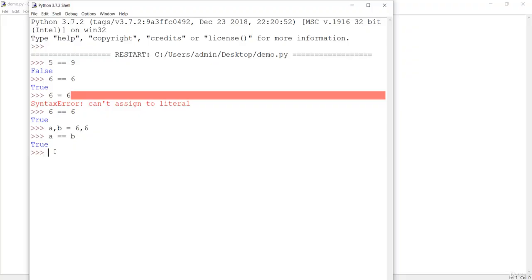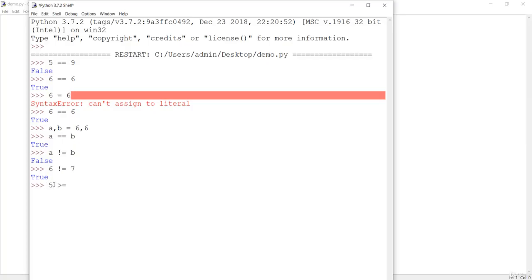So the next one is not equal. If I say A is not equal to B, which is false because A is equal to B. It's the same as saying 6 is not equal to 7, which is true, because 6 is not equal to 7. The next one is greater than or equal, or less than or equal.